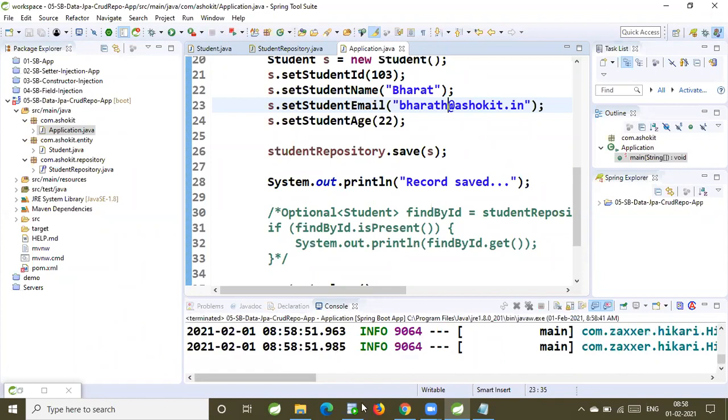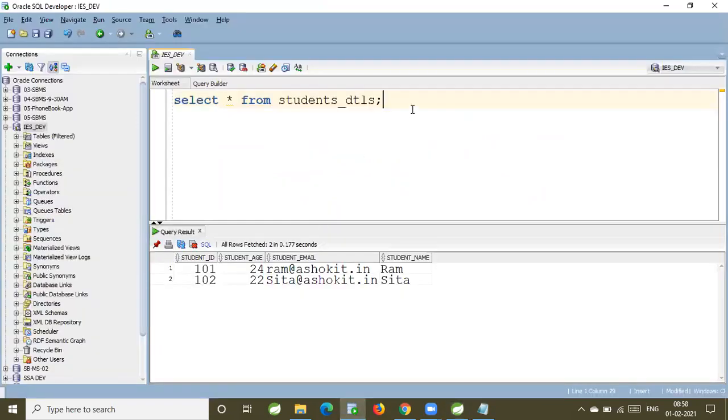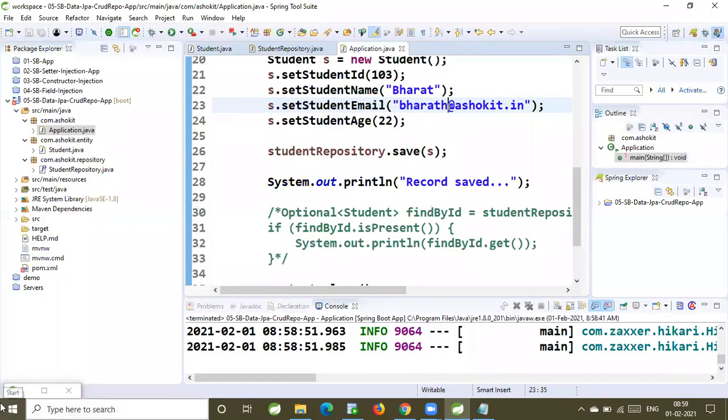Record got saved. Look at this. Execute. So total 3 records are inserted into the table or not? Yes, by using the save method. Now I want to